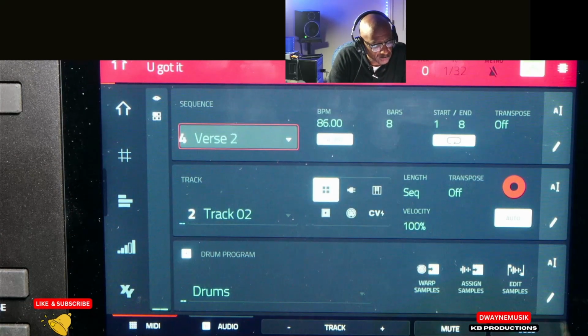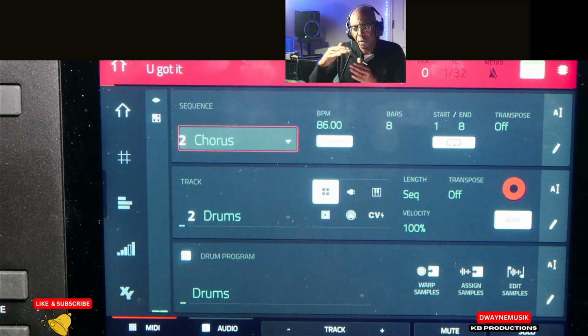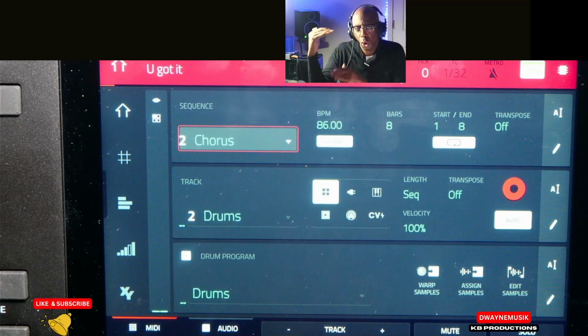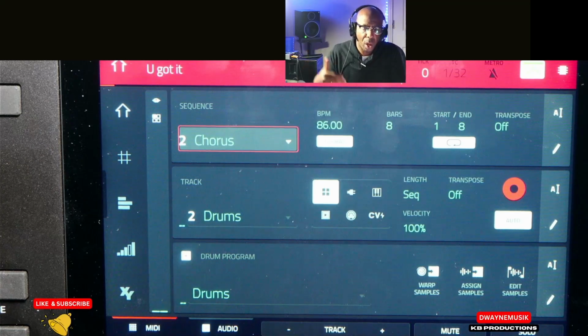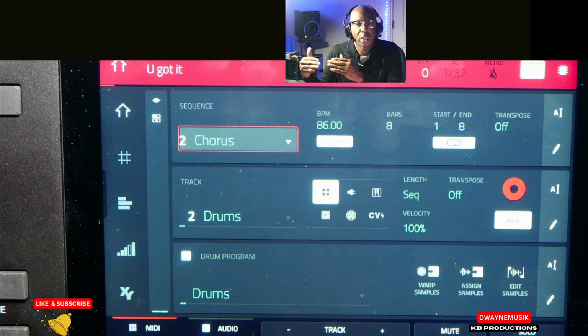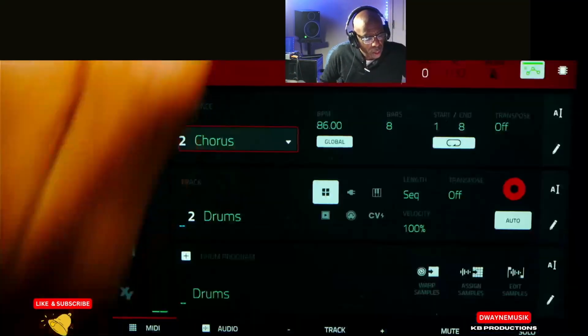Okay, now the way that I do my sequences, as you can see on the screen there, I have the intro, chorus, verse 1, verse 2, and there's a bridge, and so forth. Because the way R&B music is, you pretty much have a 4-bar intro, then there's a chorus, and then there's verse 1, chorus, verse 2, then maybe a bridge, chorus, then verse 3, and then outro.